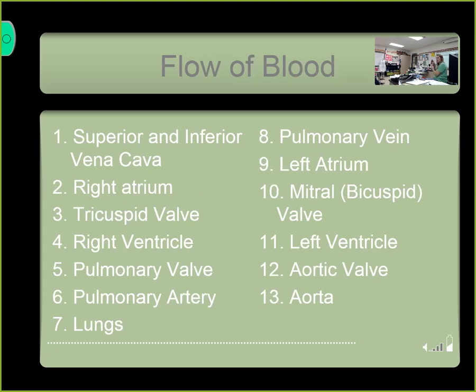Then blood goes from the right atrium through the right AV valve, or the tricuspid valve. I always remember tricuspid because it has an R in it, although so does mitral, so that may not help. But tri and right. These cords are connected to the muscle, so when the muscle